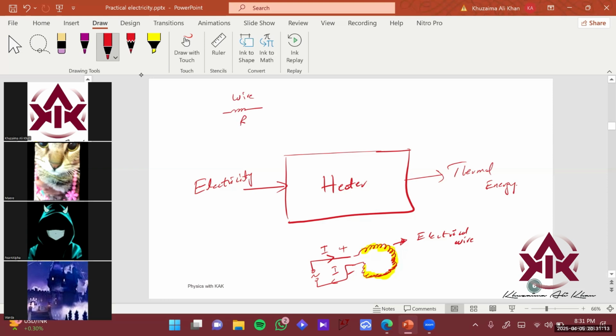So what is resistance? It resists the flow of current, right? So as the current flows over here, the wire has huge resistance. Okay. So what is the property of this wire? It has huge resistance, which leads towards what? Production of huge amount of energy, right? It produces huge amount of heat energy,